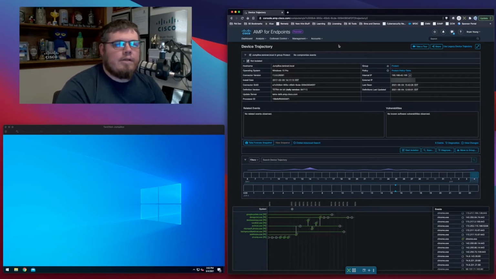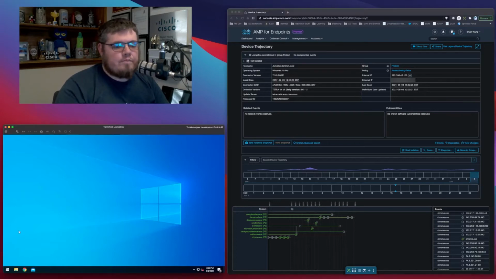Now, there are a ton of automated features that you can turn on and set up that can turn on isolation for you automatically in the event that an endpoint is compromised, or a certain number of maybe even low risk or medium risk actions or events have happened. Then you can have it automatically isolate itself, put itself into a triage group with a different policy, and pretty much automate that entire process. Just to showcase how quick and responsive the isolation feature is, we're just going to manually